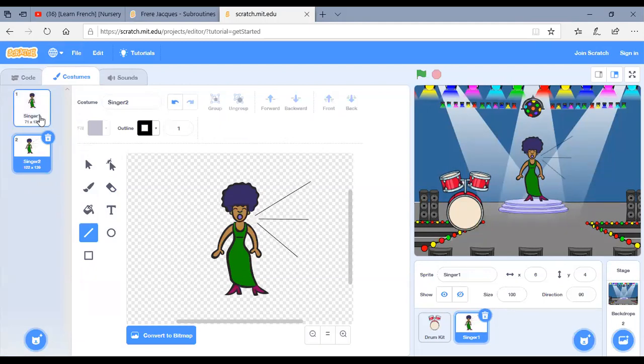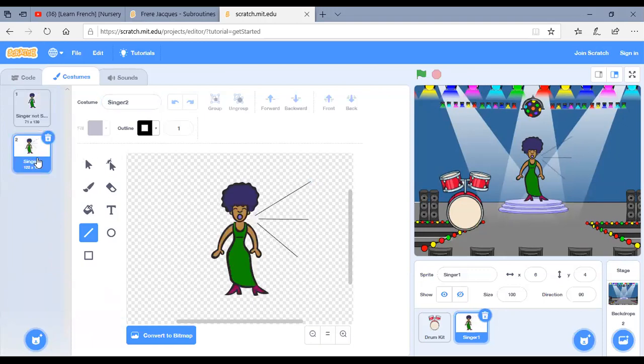So you have singer 1, nothing, but for singer 2, you made a duplicate and you made these edits, or you drew some 3 lines. Right? Then you go and change the name of these costumes. You go to the singer 1 and you say singer not singing.